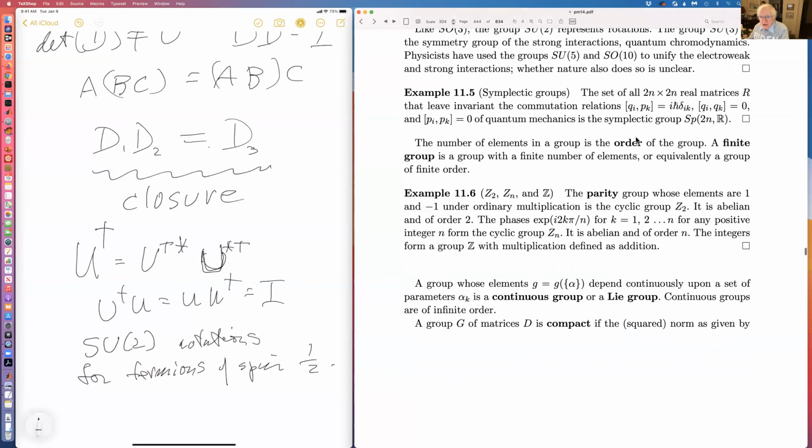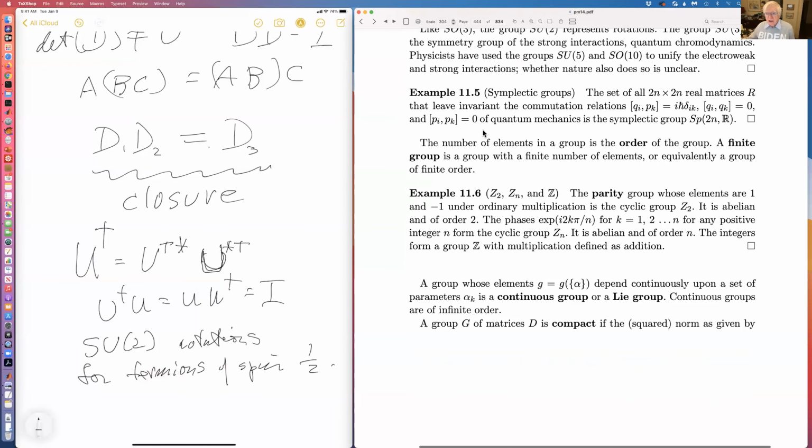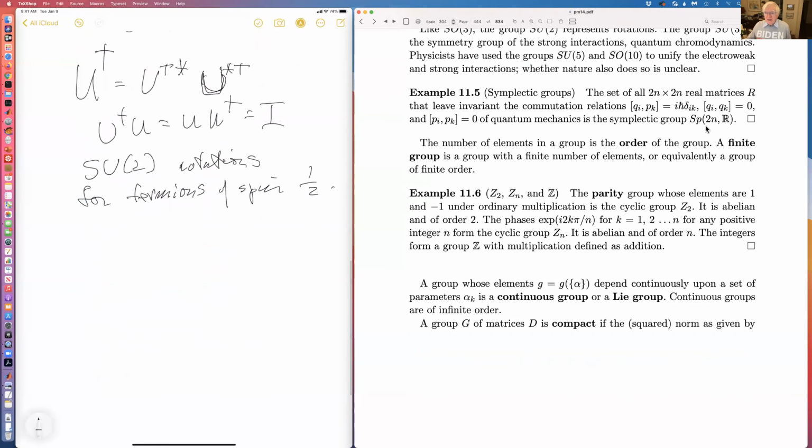The set of all 2n by 2n real matrices that leave invariant the commutation relations of quantum mechanics of n variables. In other words, the group that leaves invariant these commutation relations is the symplectic group. By that, what I'm talking about is that